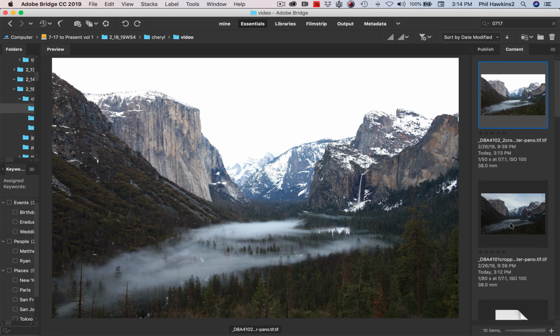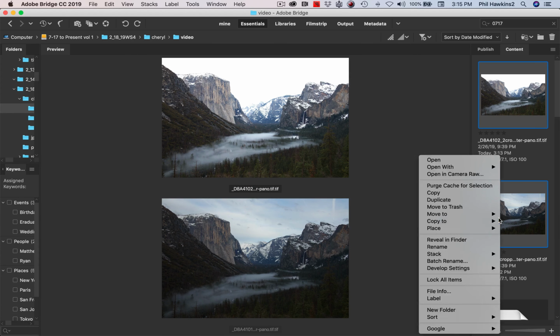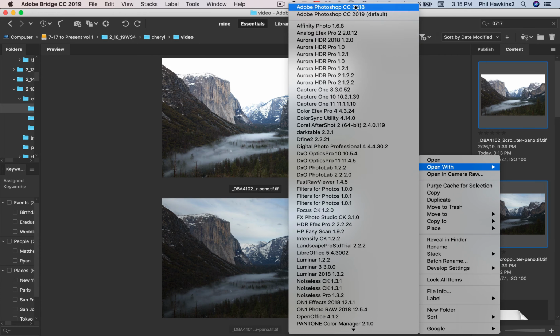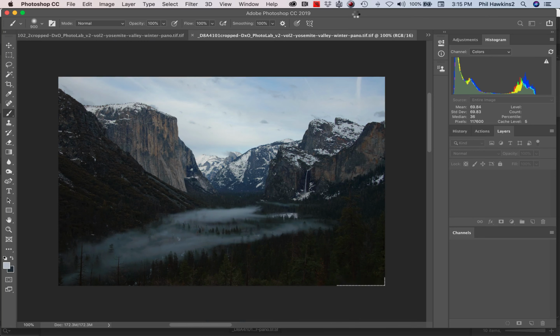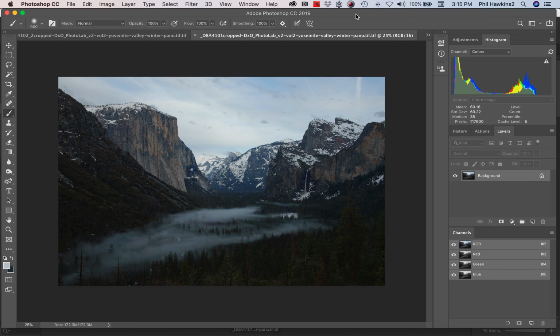So I'm going to hold down the Shift key, right-click, open with Photoshop CC. Now we're going to finish these off. This is a very straightforward process, a good way to learn layers too, I might add. All right, so step 1 that we're going to do is we're going to left-click, hold it down, and